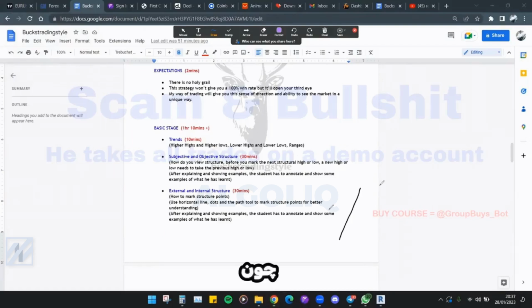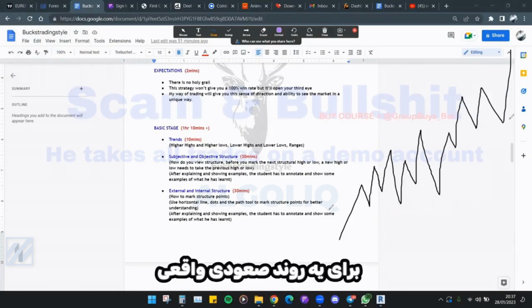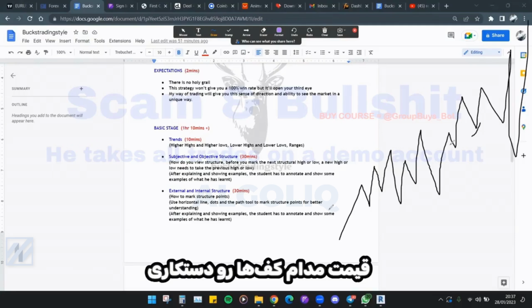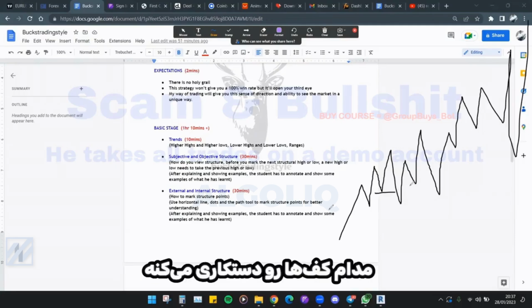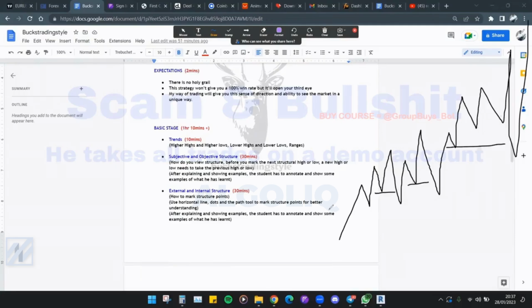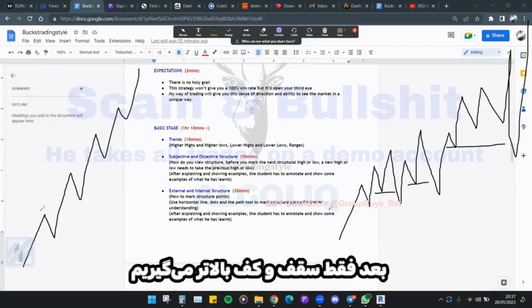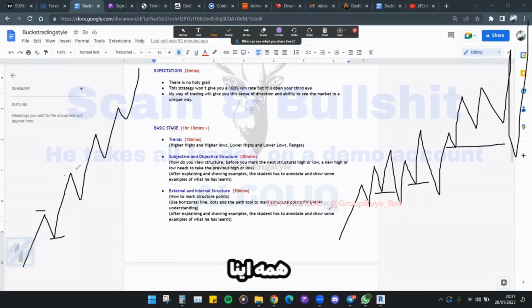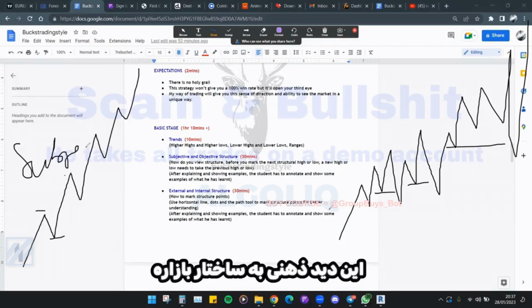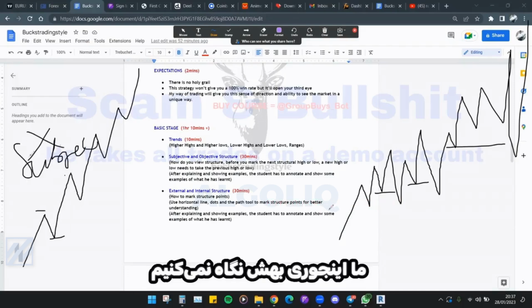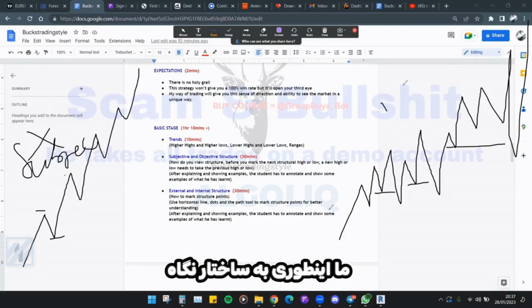Because for a true uptrend, we see all of this. For a true uptrend, price keeps on manipulating lows, taking liquidity to push up. It is this right here. They will just get higher highs and higher lows. This is the subjective way of viewing market structure, and we don't look at it this way. We look at the structure this way.